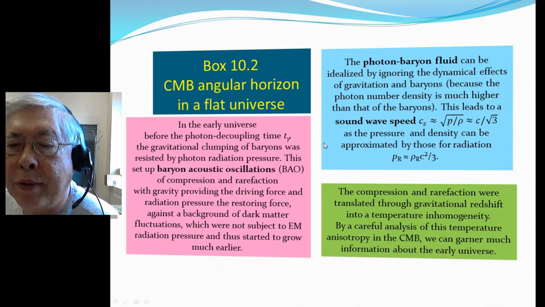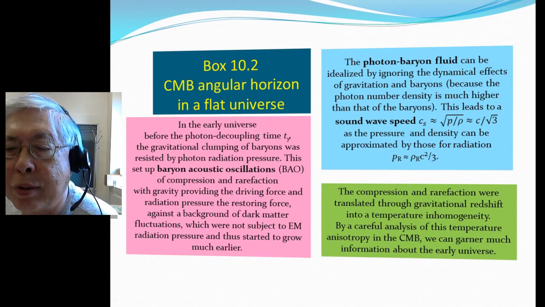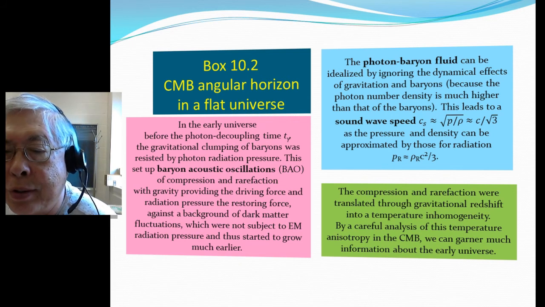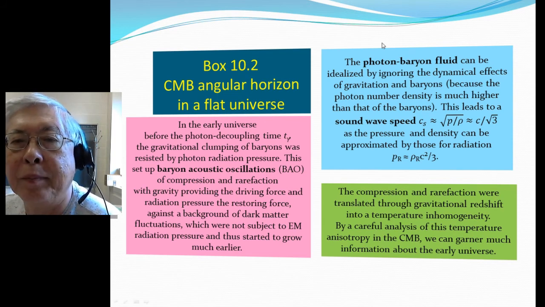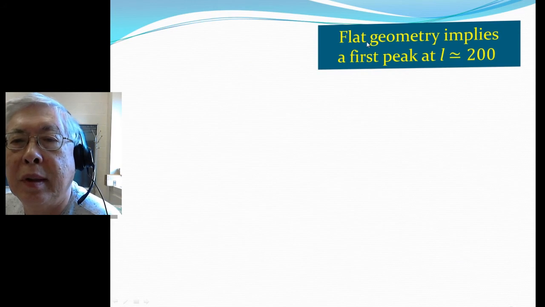The compression and rarefaction were translated through gravitational redshift into temperature inhomogeneity, as we talked about before. By careful analysis of the temperature anisotropy in the CMB, we can garner much information about the early universe. We will see the flat geometry will imply the first peak at